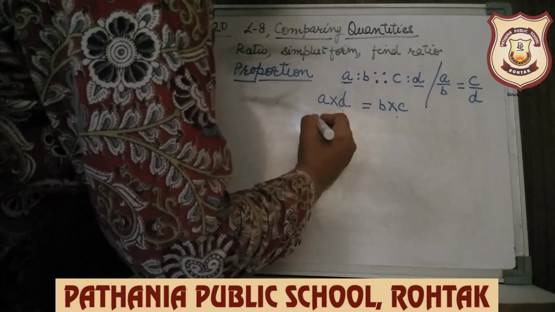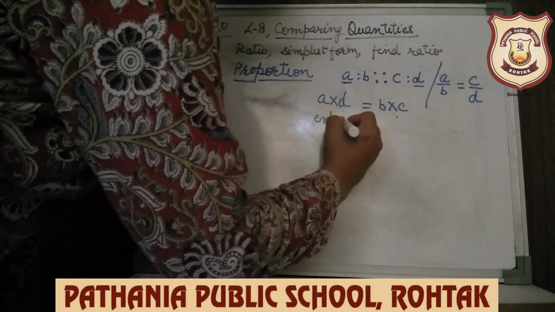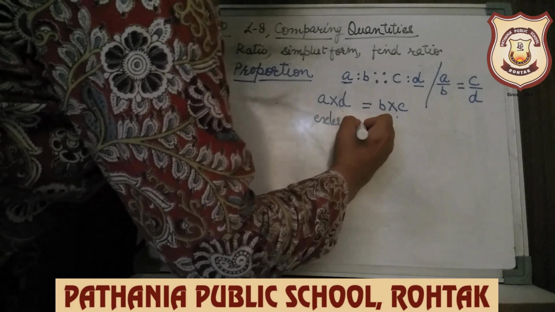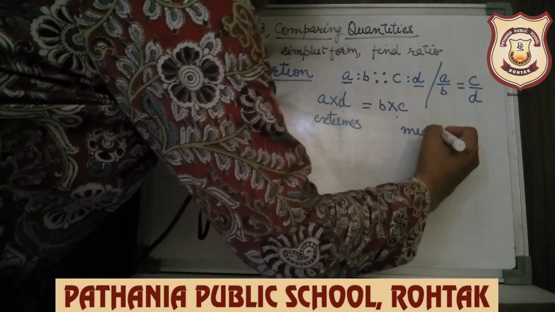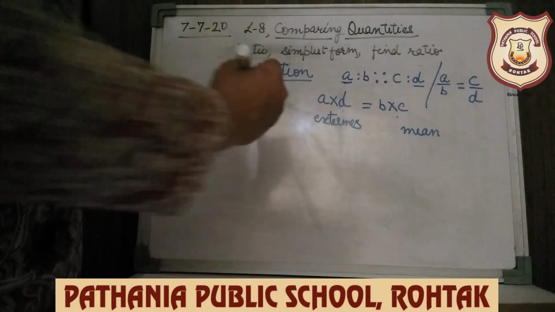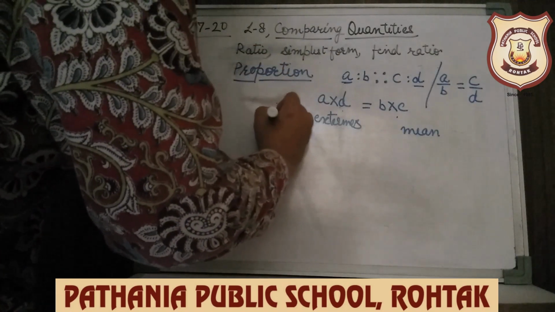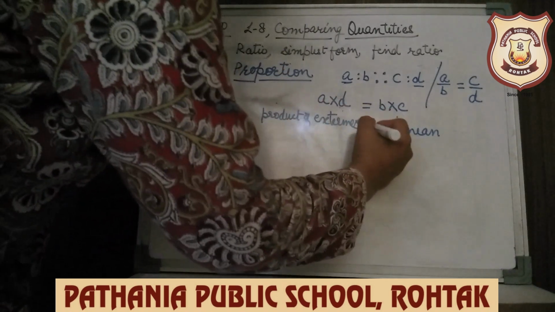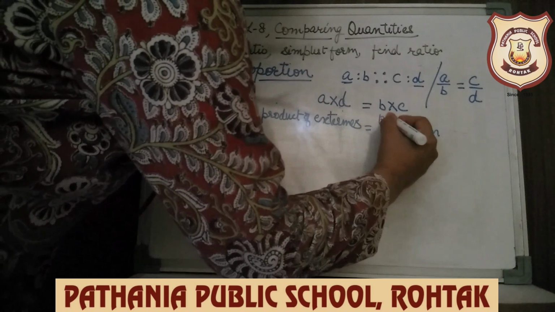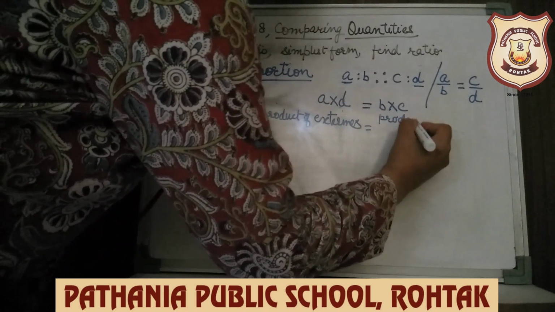Exterior, written outside, they are called extremes, and B and C are means, written in the middle. So the product of extremes should be equal to the product of